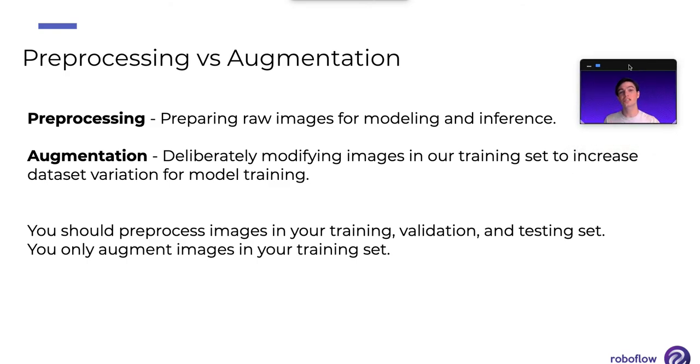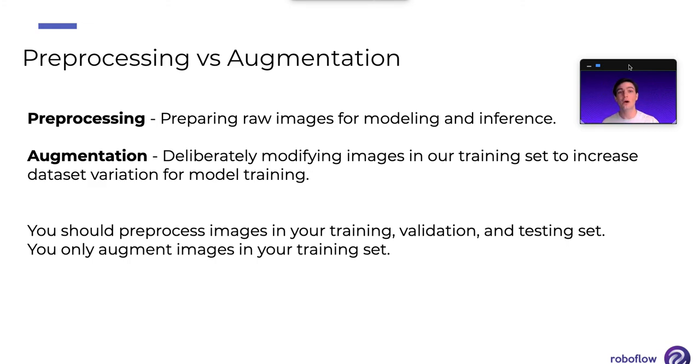Whereas augmentation is deliberately altering your images to increase variability of your training set to improve model performance. Now, actually, what's funny is that one image transformation in one context could be a pre-processing step, but in another context could be an augmentation step. For example, if I grayscale an image, that means remove the color channels and just make it be black and white and shades of gray in between from 0 to 255,